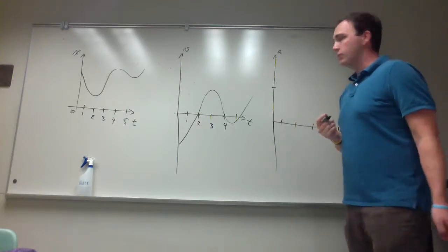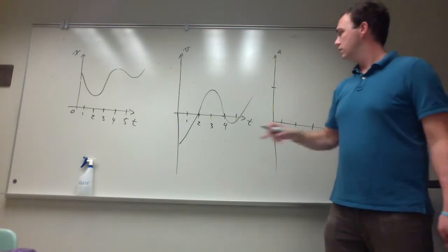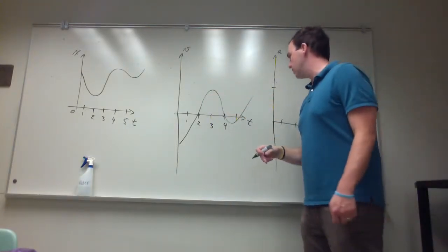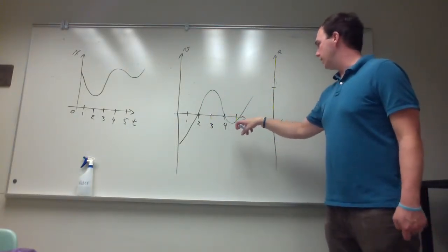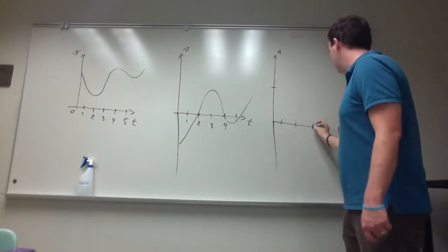And then where does my acceleration get to 0? 3 seconds. Somewhere, 3-ish seconds. And then it gets to 0 again somewhere before 5. So it starts out positive, gets to 0 about here,